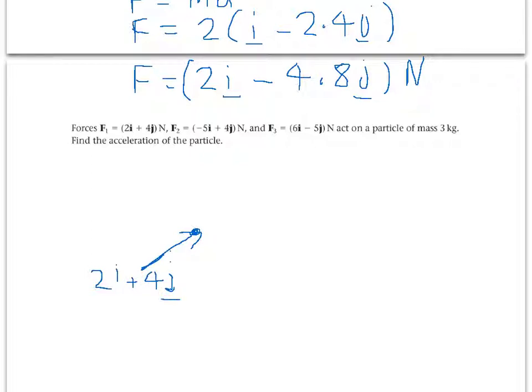You've got a minus 5i plus 4j. And we've got a 6i minus 5j. So to find the forces acting on this particle of mass 3 kilograms, what we need to do is combine all these three forces to make one overall force,